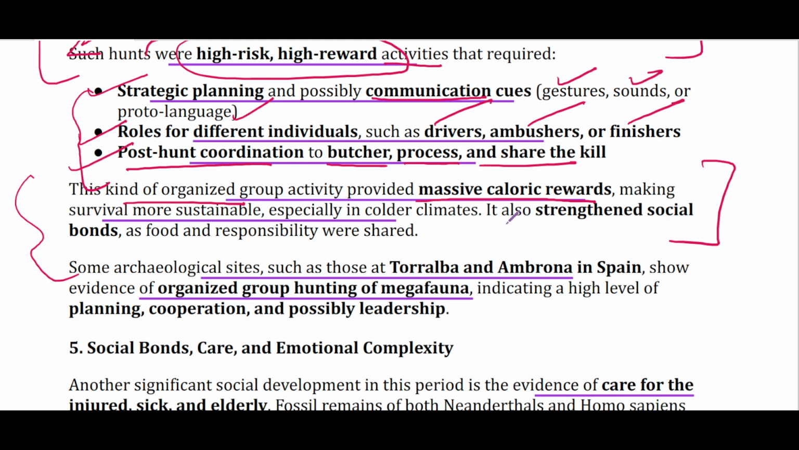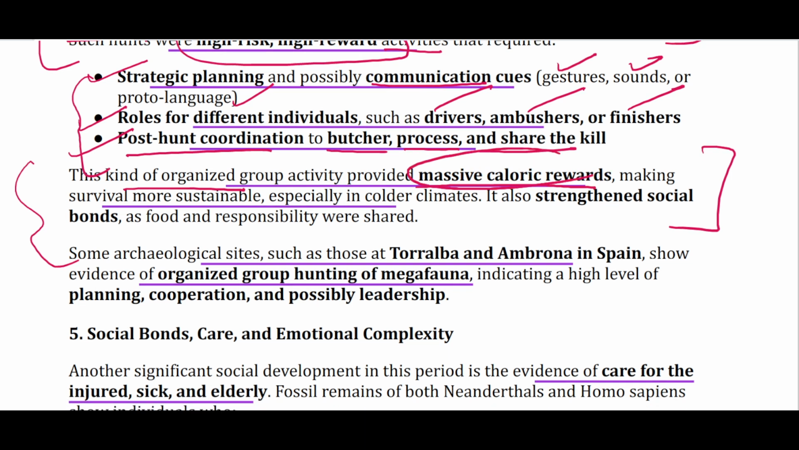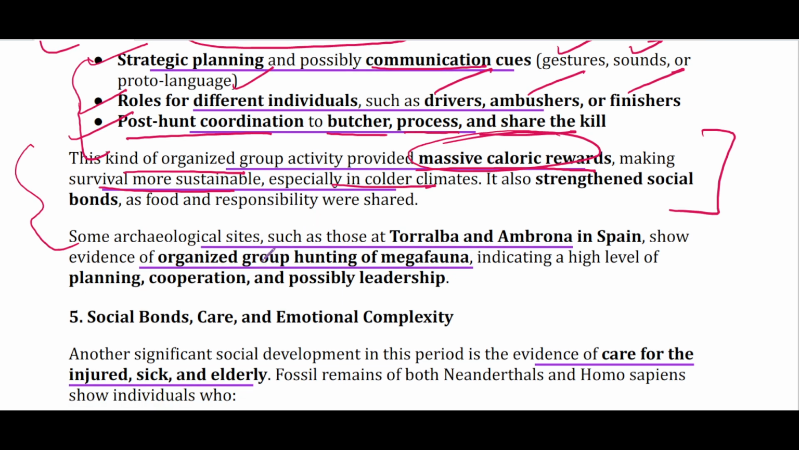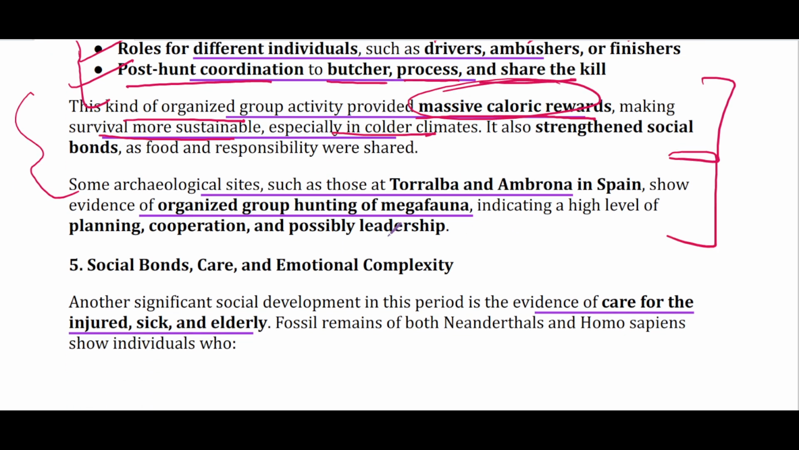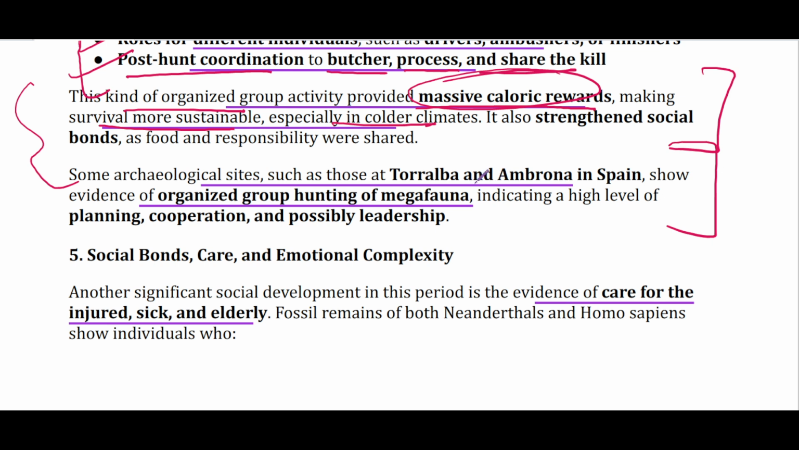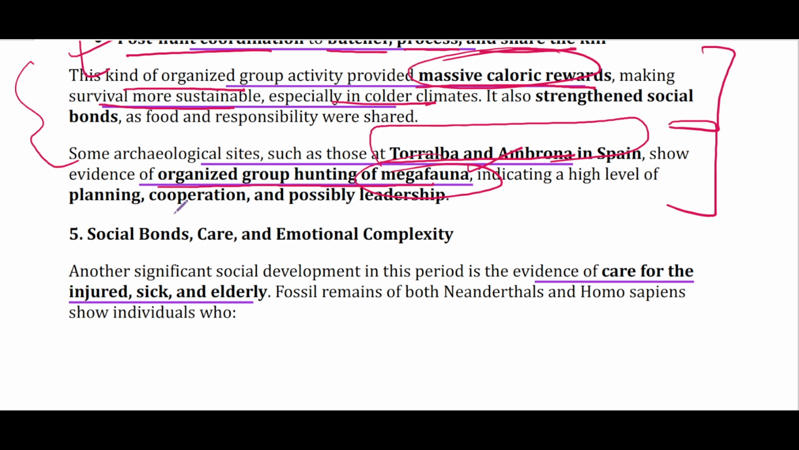As I just told you, large animal means a large amount of meat, and this massive calorie intake, or massive calorie reward, might have made survival more sustainable, especially in colder climates. And there is evidence, such as from Torralba and Ambrona in Spain, which are associated with the Neanderthals. It shows evidence of organized group hunting of megafauna, large animals, and this might have required planning, cooperation,